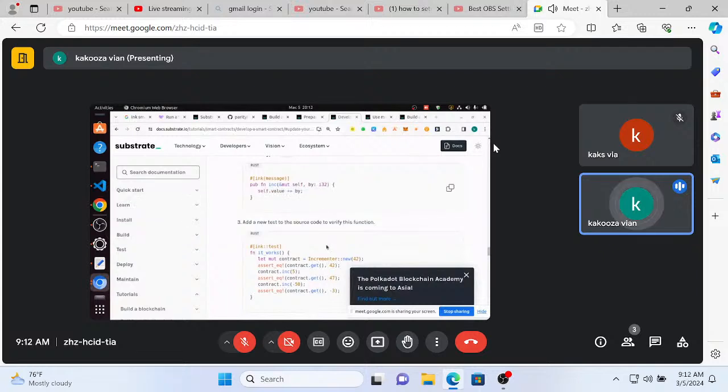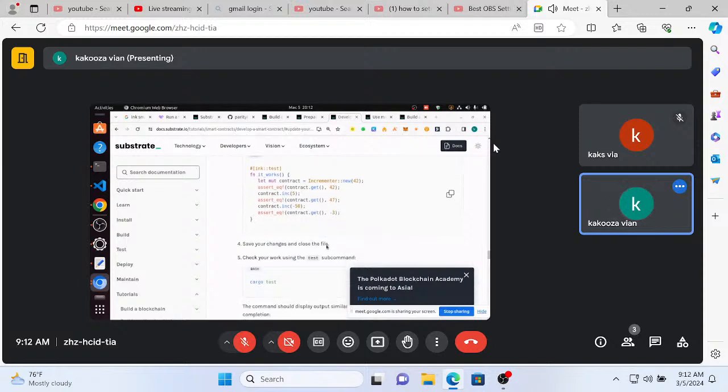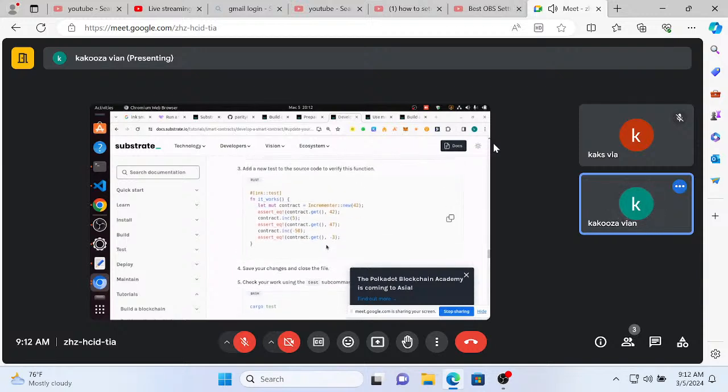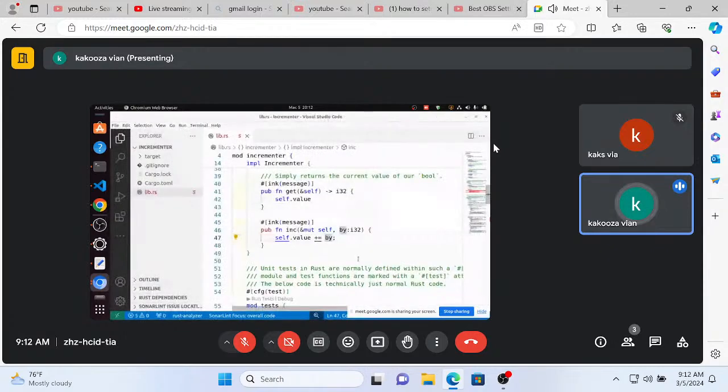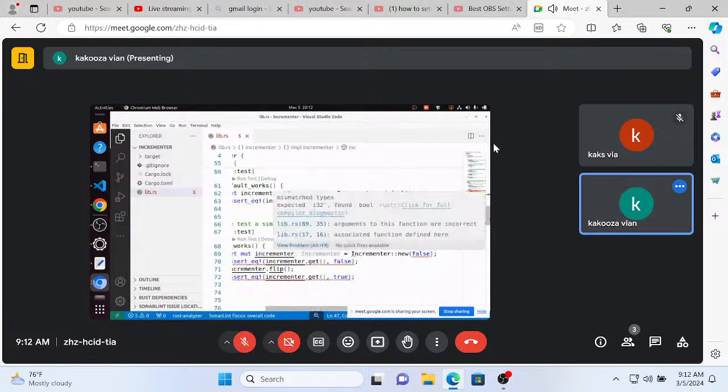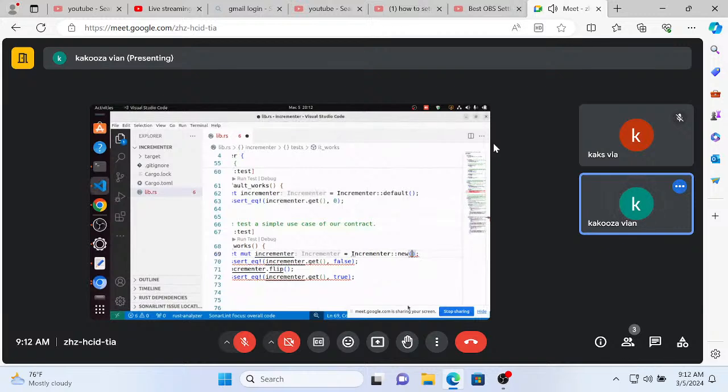So add a new test, of course. So add a new test to the source code to verify this function. So our test, it works. Let mut incrementer, 42. So let's take, if let mut incrementer equals incrementer new. This is no longer boolean. Give it 40 or 42 for this sake,